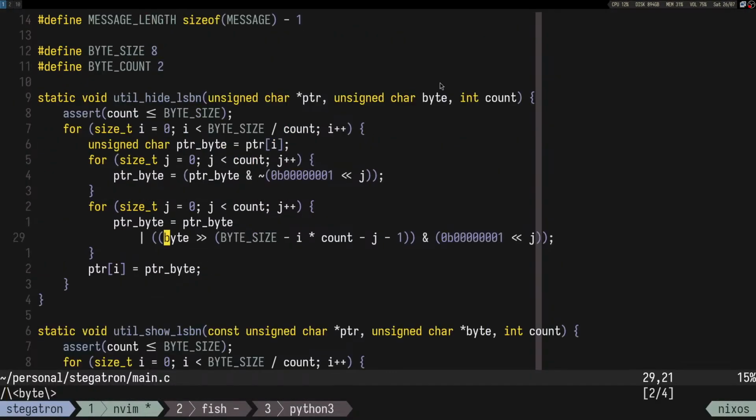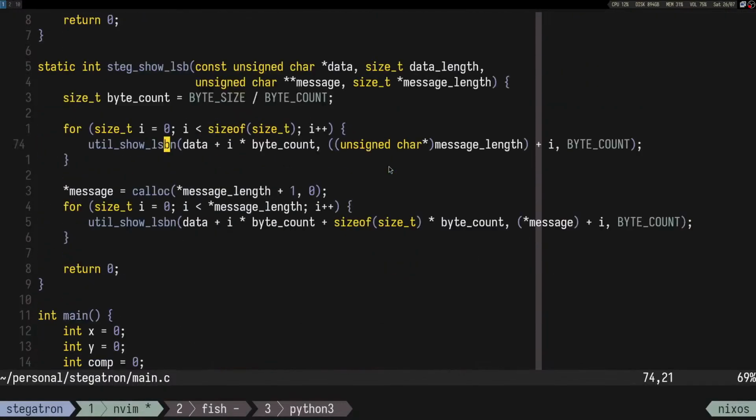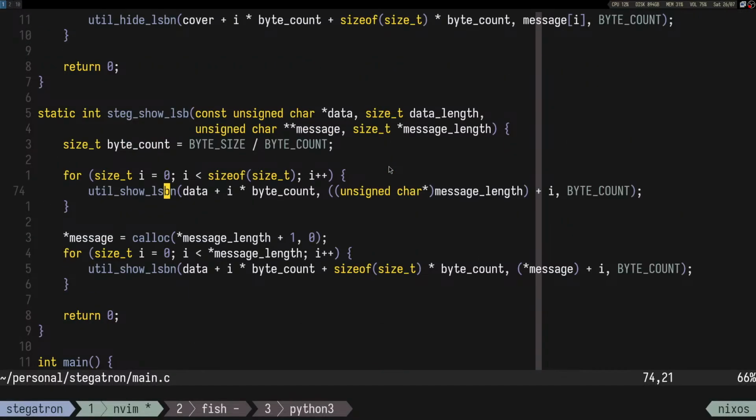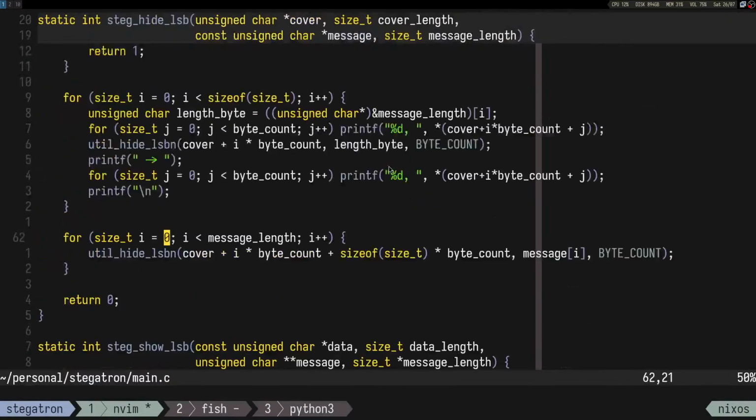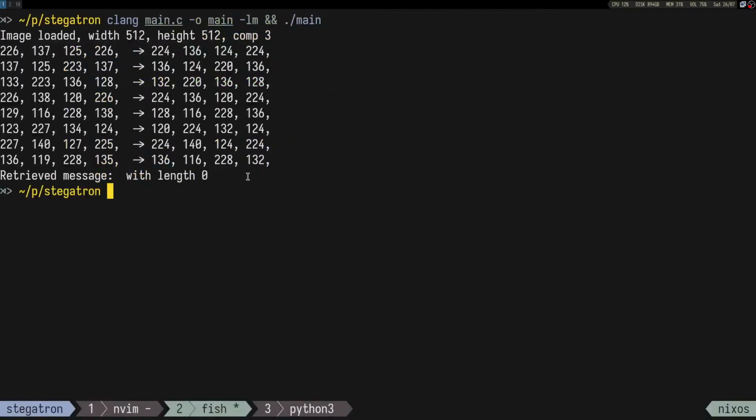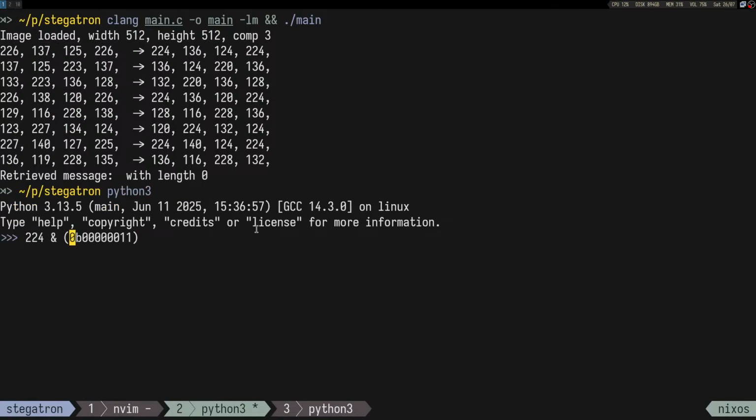So this byte is a 16. One 24, 0, 36. I mean, 16 would be